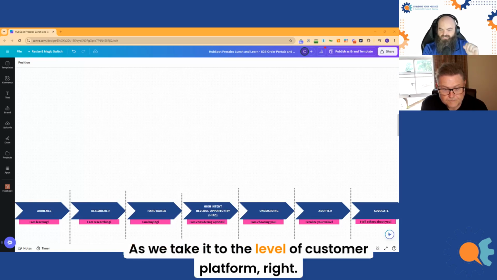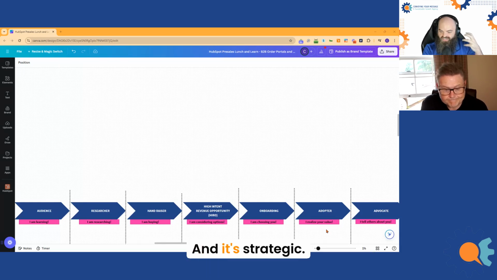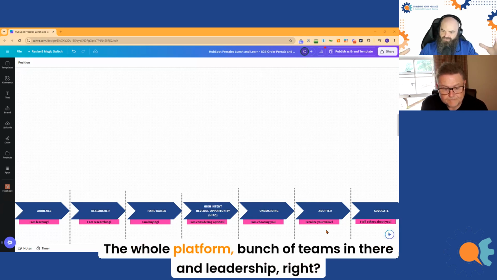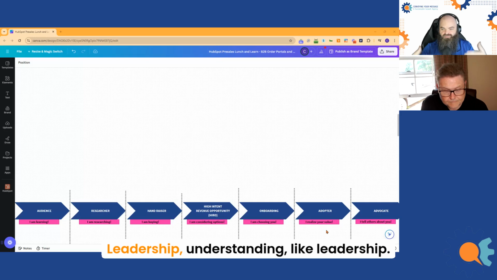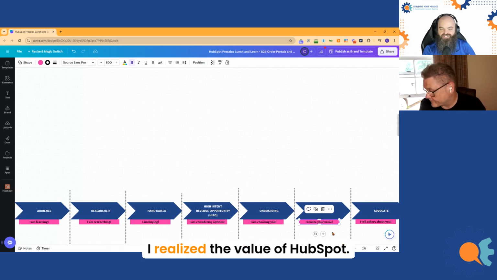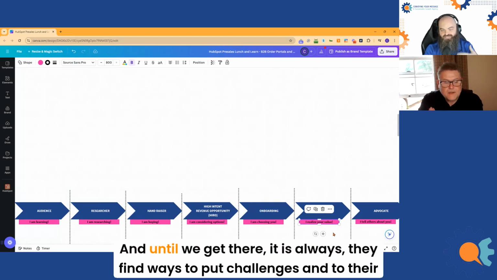As we take it to the level of customer platform, right, and its strategic implementation into the way that people are doing business, the whole platform, a bunch of teams in there, and leadership, right? Leadership understanding. We need them to say, "I realize the value of HubSpot." And until we get there, it is always